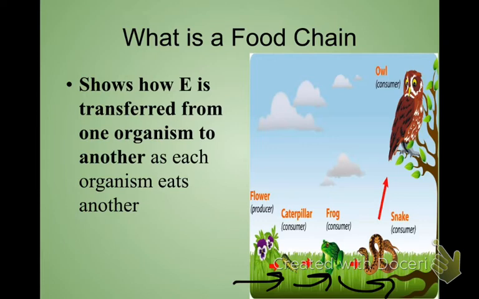Don't mess that up. On the NCFE, they love to ask you things about what the arrows are showing, because a lot of people just assume it's whatever eats what, but that's not true. It is showing you where your energy is going.